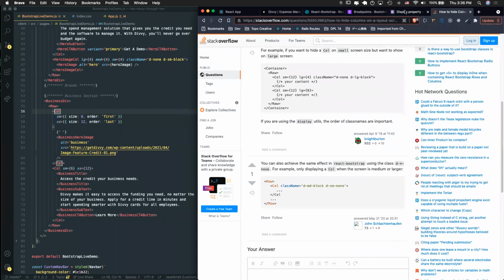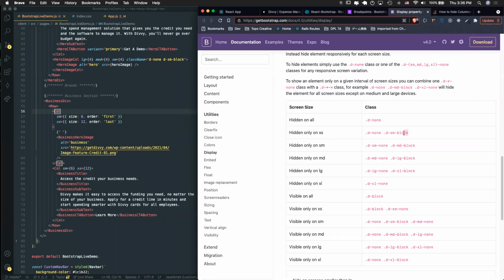Okay, I thought it might have been down here. Anyways, you can add these classes to hide something on certain sizes. I only wanted to hide that one on extra small, and so I added both of these classes